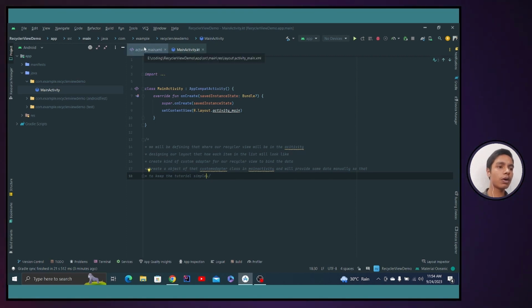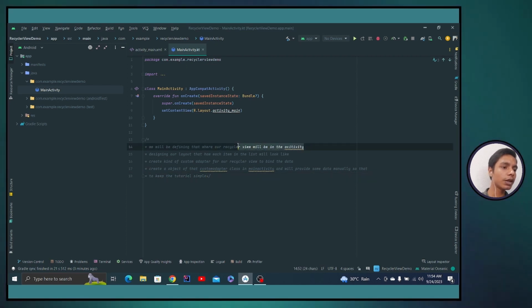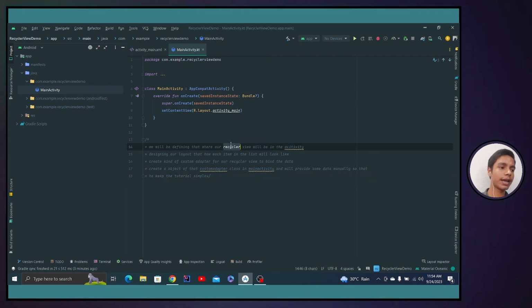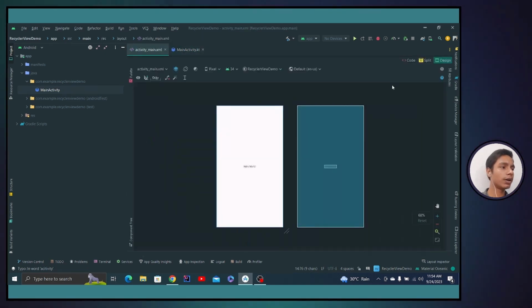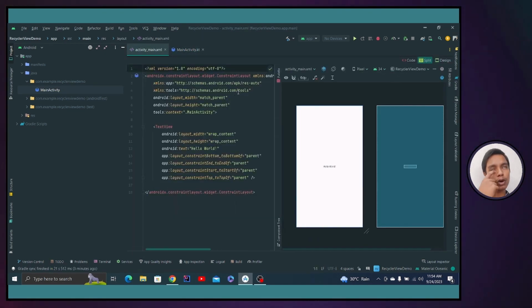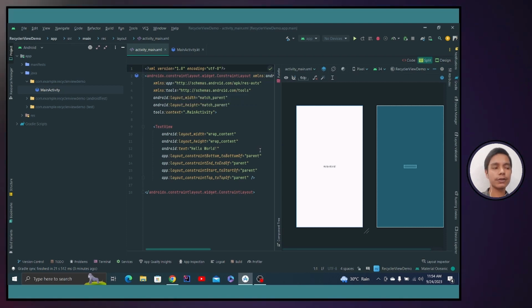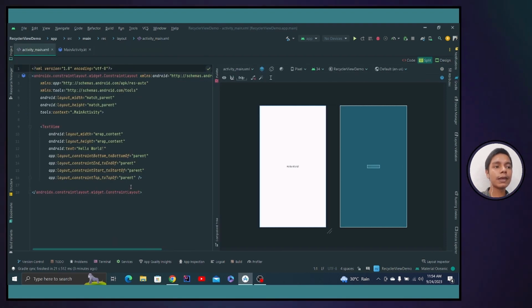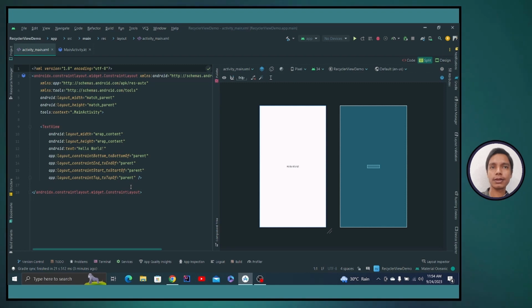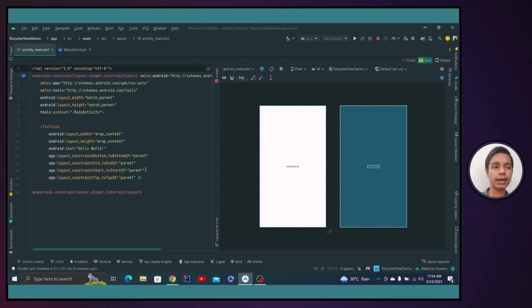So the first step was putting the recycler view in our activity_main XML. Here I want to show different names in a list, in the recycler view. Suppose Rohan would be in one list component, then Shivam would be in a different list component, and everything like that. So for that, let's start designing our